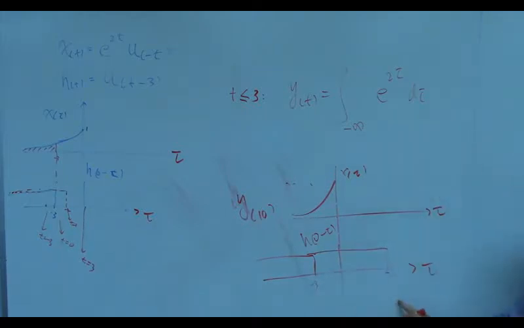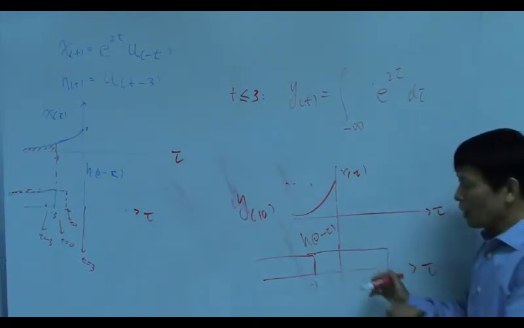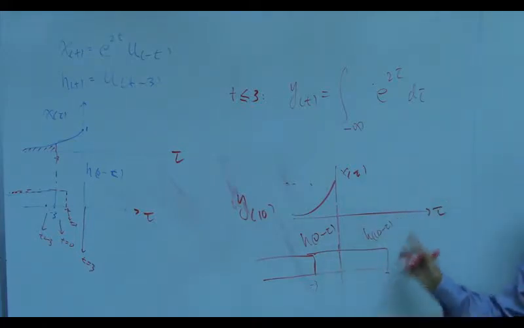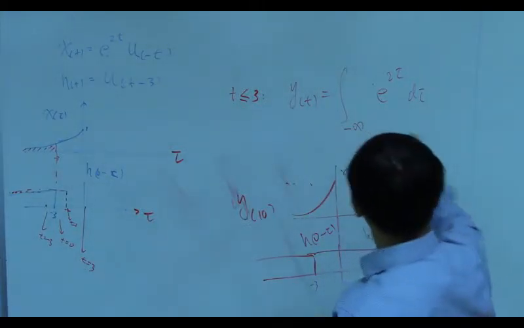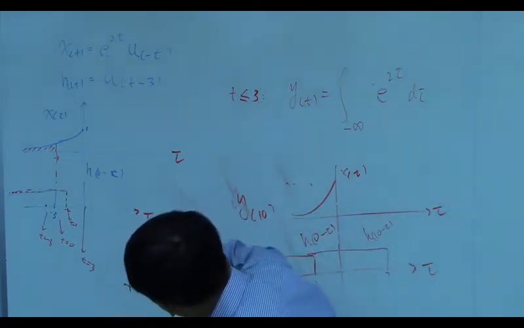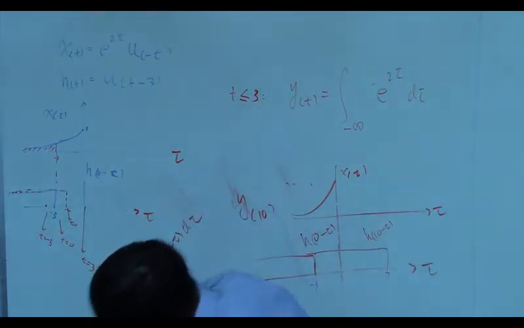Does this make sense? Yes. So this one is h(10 minus tau). You flip, you shift to the right by 10, this gives us h(10 minus tau). Then in the formula, x(tau) times h(10 minus tau) d tau, you do the integration,